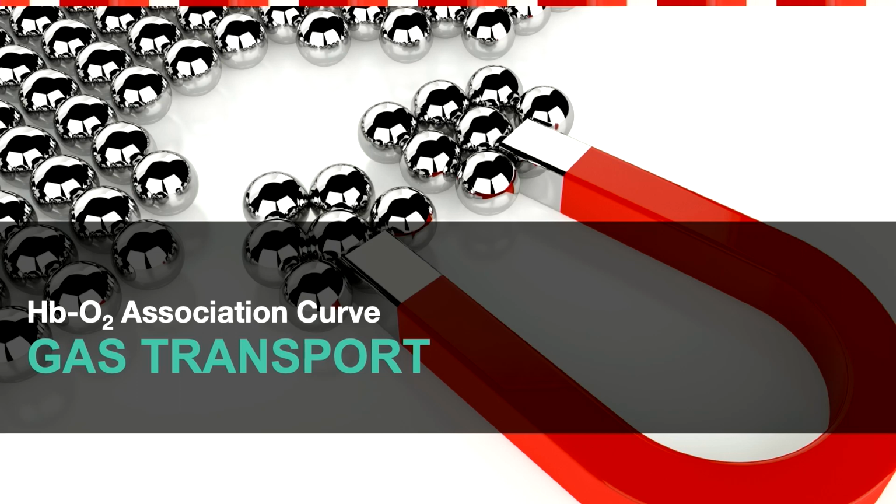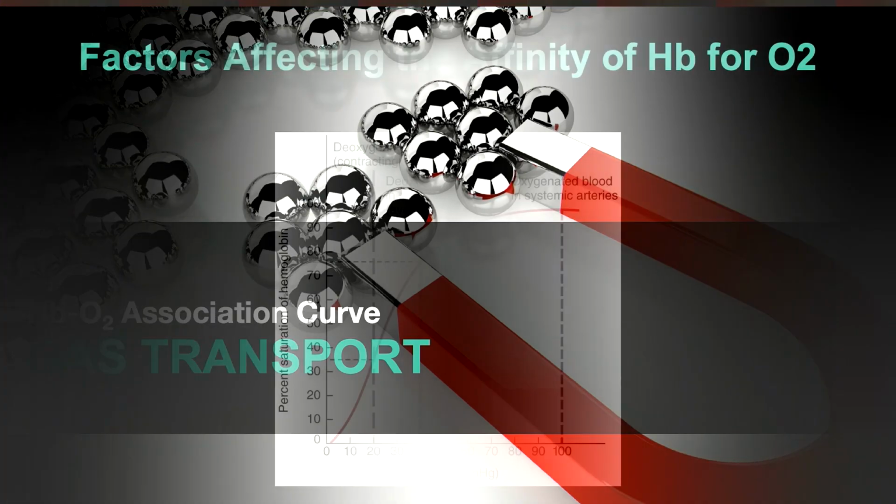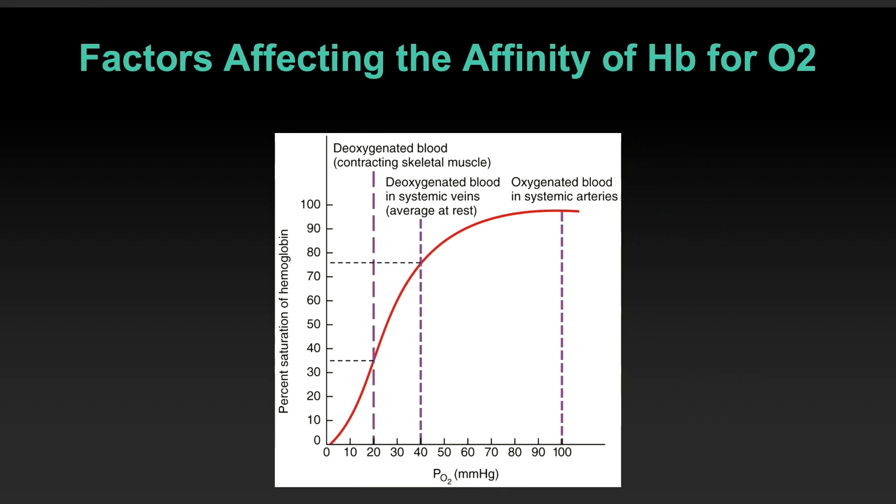We're going to start with oxygen and hemoglobin. That's probably not the most important, but that's the signature gas in gas exchange. And we'll move to CO2 next. Now the transport of oxygen by hemoglobin is defined by the HbO2 association curve. This describes how well hemoglobin binds oxygen. And it looks like this. The HbO2